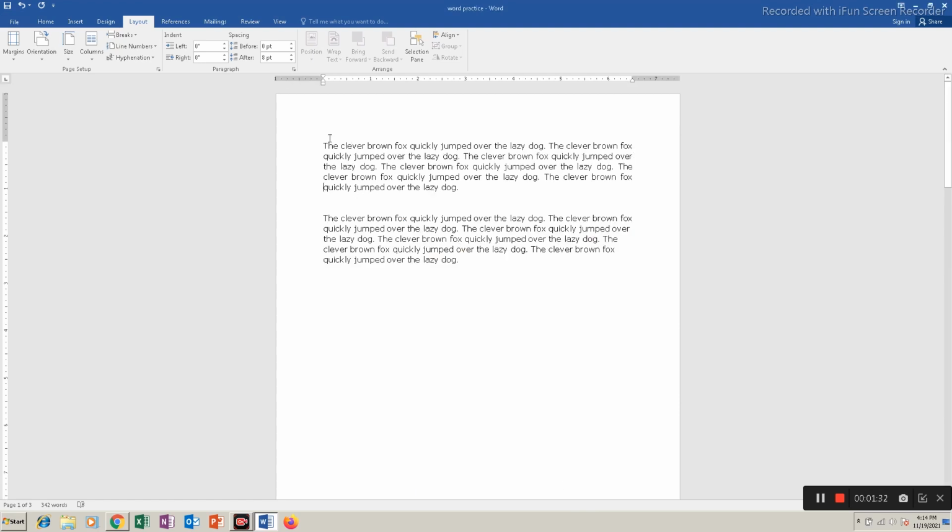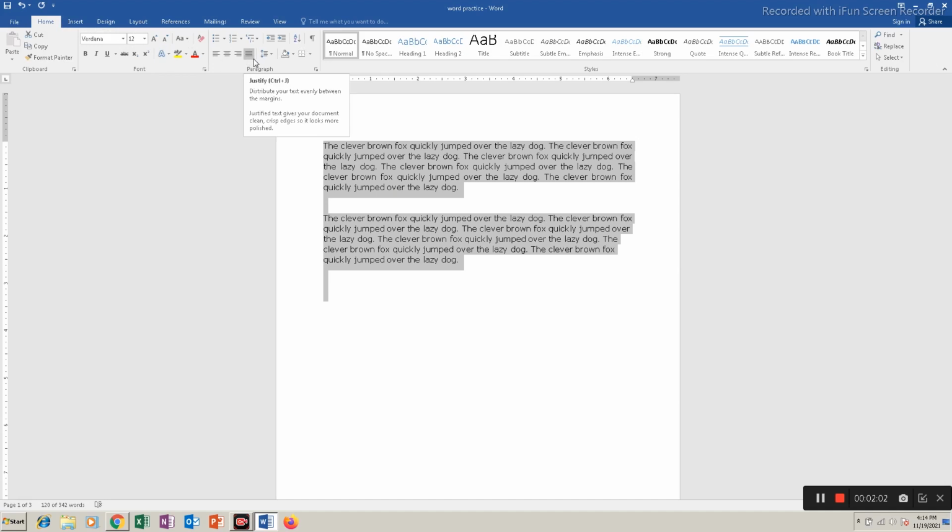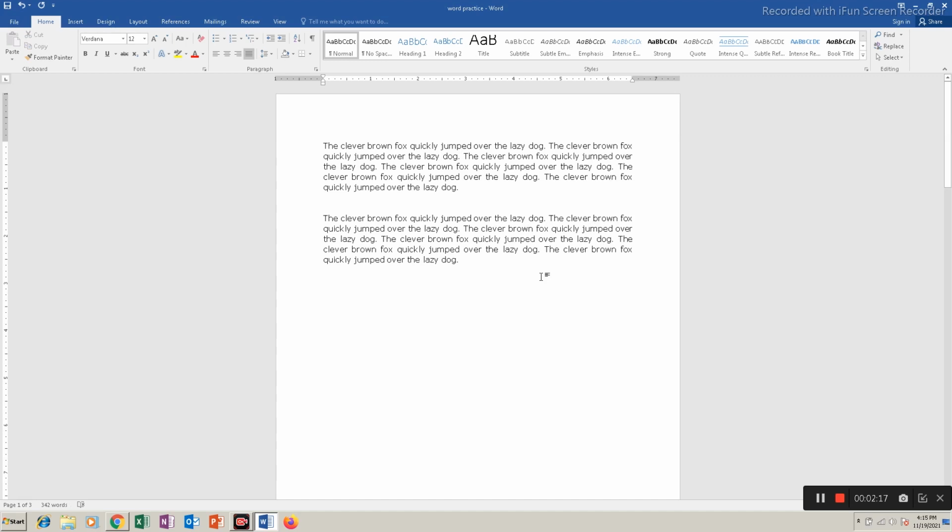So you can see now the text is better than before. And similarly, if you want to adjust the text in the paragraph so that all the lines will properly fit at the end, what you can do is you can select the whole paragraph and go to Home, and there is an option here, Justify, and you can see all the lines in the paragraph are aligned towards the end. So this looks better and you can print it now.